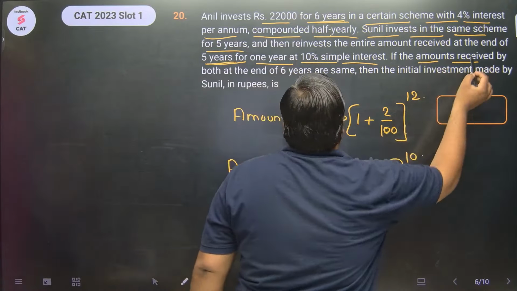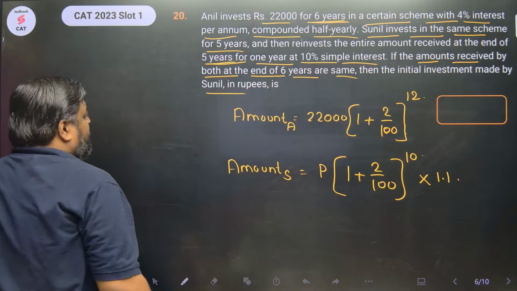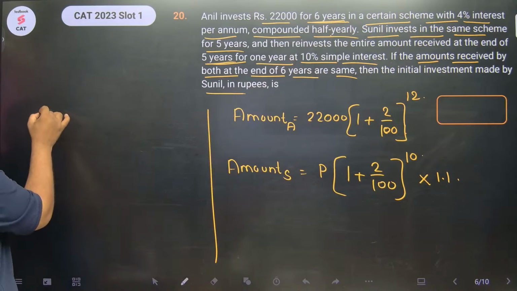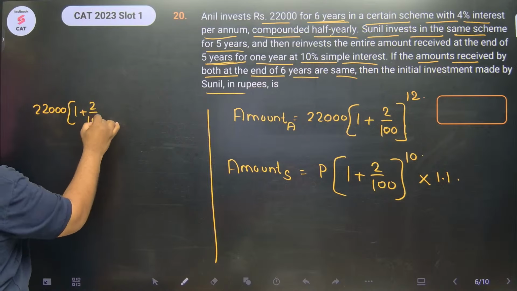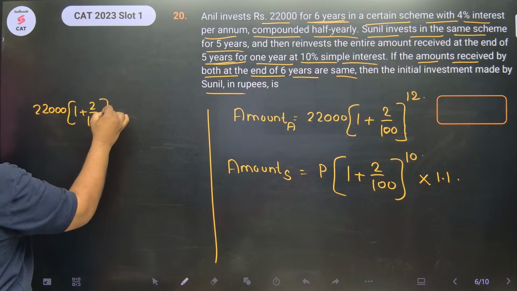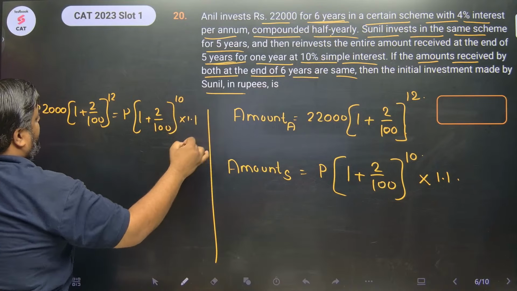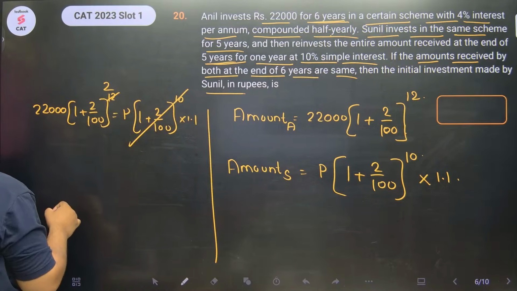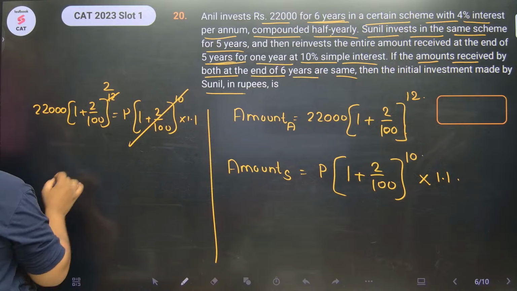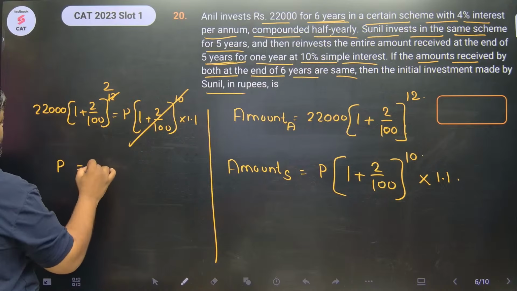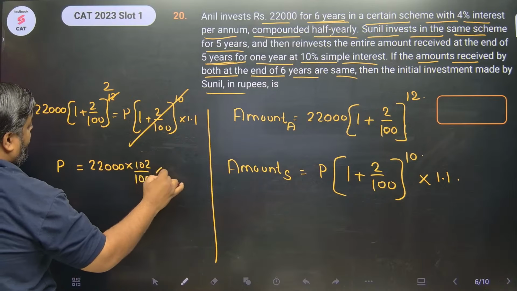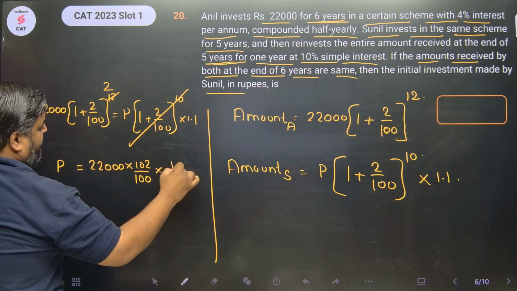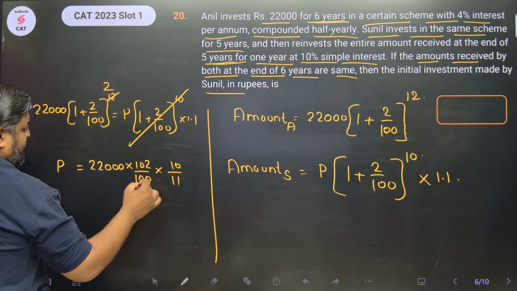तो आपको सुनील का इन्वेस्टमेंट निकालना है, so this is equal to this, you have to solve for P. आ जाओ, let's equate that. So 22,000 (1 + 2/100)^12 = P (1 + 2/100)^10 multiplied by 1.1. ये चला गया इससे 2 बार में। Okay, so P would be how much? Sir, P would be 22,000 multiplied by 102/100 into, ये नीचे आ गया, so 10/11।